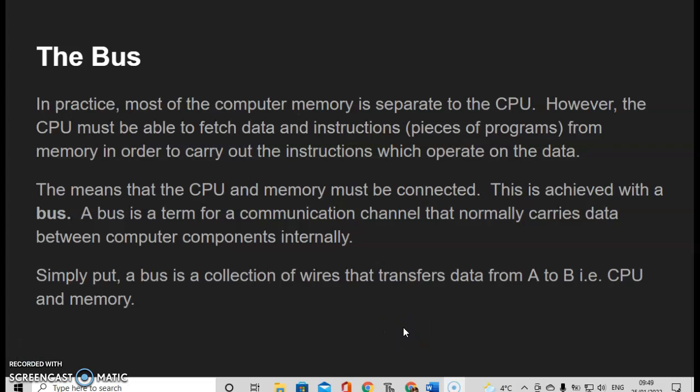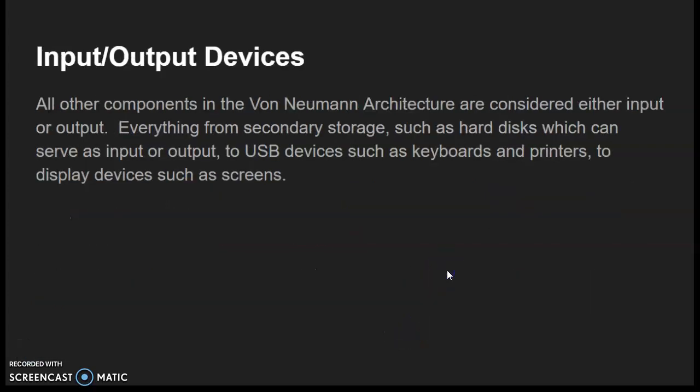So the bus. Right, the next one after that is input-output devices. And as the name suggests, very much a part of the von Neumann architecture, but hopefully quite easy to understand and explain. All other components in the von Neumann architecture are considered either input or output, and everything from secondary storage, which you have to connect into your computer, such as hard disks, like it's in your tower there, and which can serve as an input or output, to USB devices such as keyboards and printers, to display devices